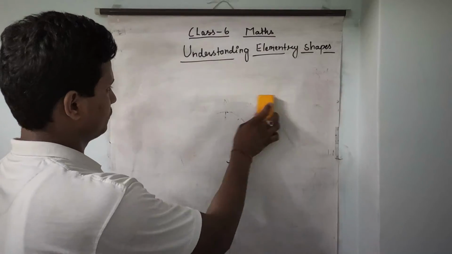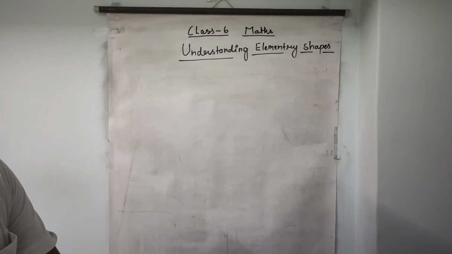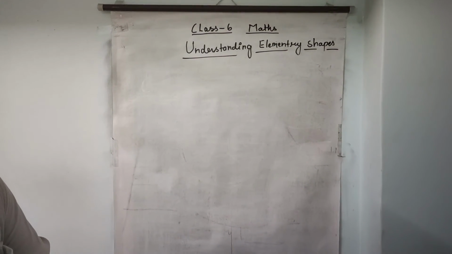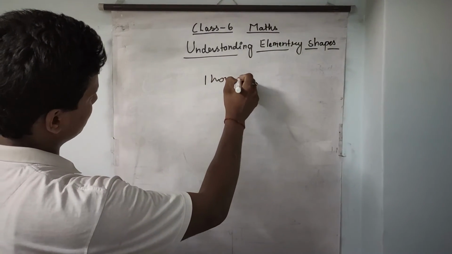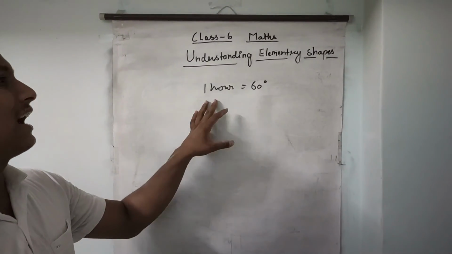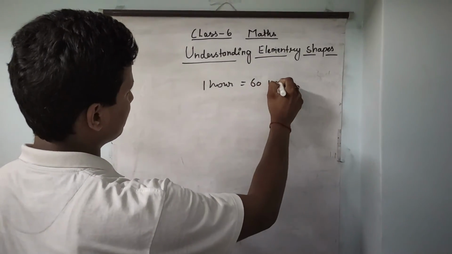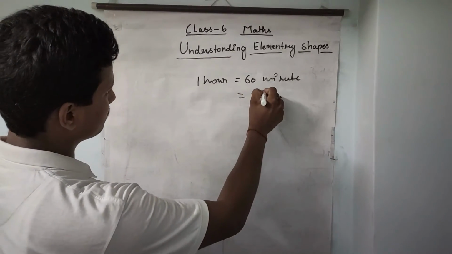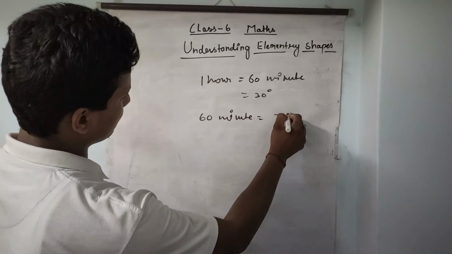Now let us take an example. Through what angle does the hour hand of a clock turn in 20 minutes? We know that 1 hour represents 60 minutes. They are asking how much the hour hand travels, in angles, in 20 minutes. We know that for the hour hand, 60 minutes is 30 degrees. So 60 minutes of rotation is equal to 30 degrees.